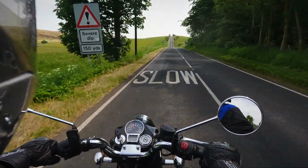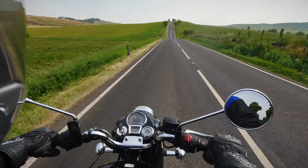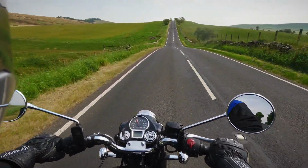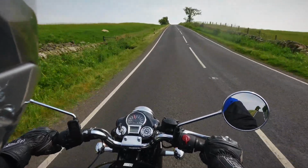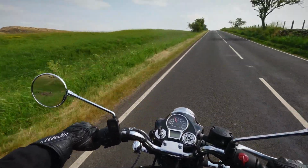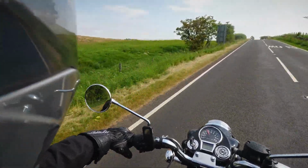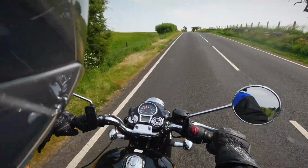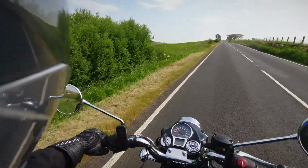And if I deem it to be a little bit dodgy, because I don't want old little Ivy here to get a fall and risk damaging anything or scratching her paintwork, I'll turn round, find another route, but fingers crossed it'll be fine. Just going to pause at the top of this hill, because on the left hand side,